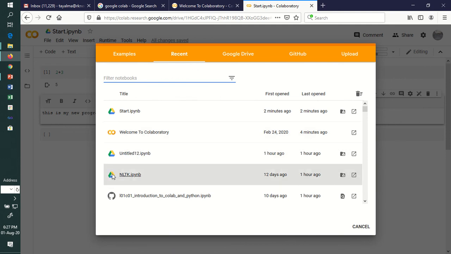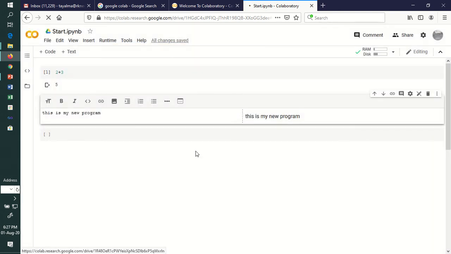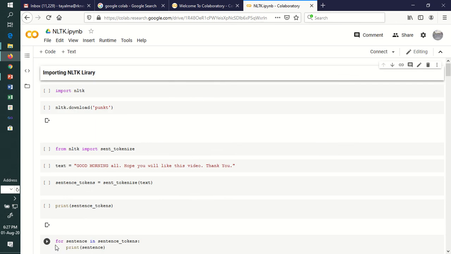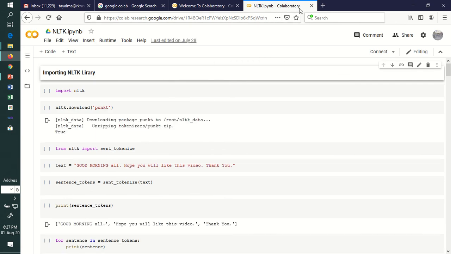Suppose I was having a file, NLTK, I'll just click it here, so I can open that file directly. Again it's loading, and it's showing me that yes, the file I need is imported here. So this way the options are there.